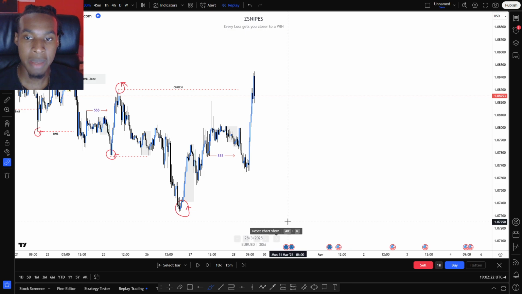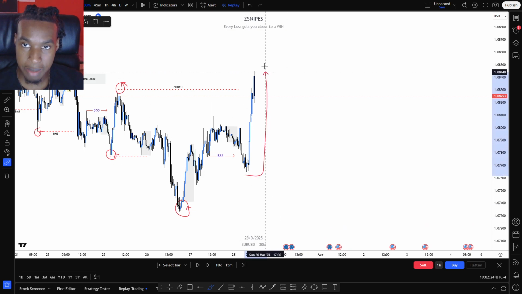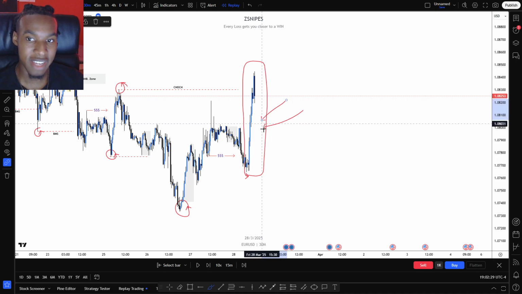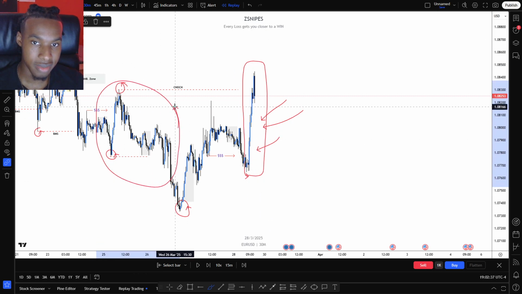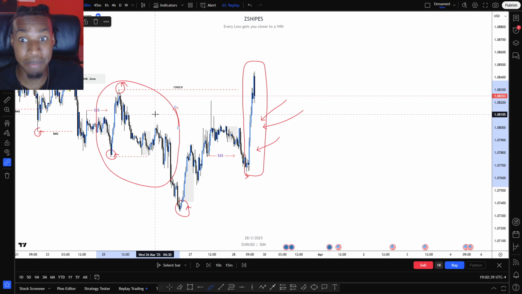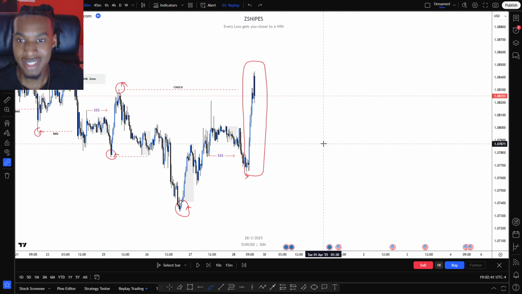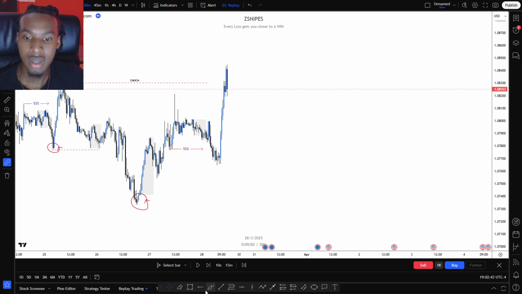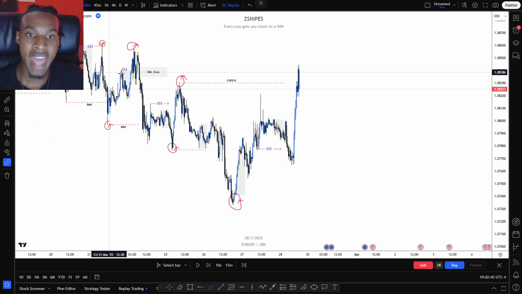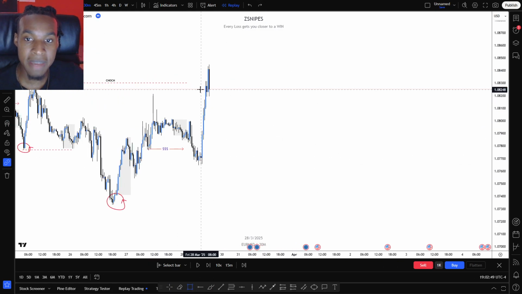Do we have an impulsive move? Yes, look at this impulsive move. So you guys now can see the difference between this impulsive move. Now you can see what a real impulsive move is. You see, this is an impulsive move versus this, right? It's a clear difference, okay? So we have an impulsive move that takes out a high. We create a change of character, and we have imbalance